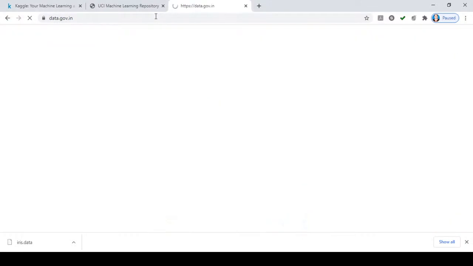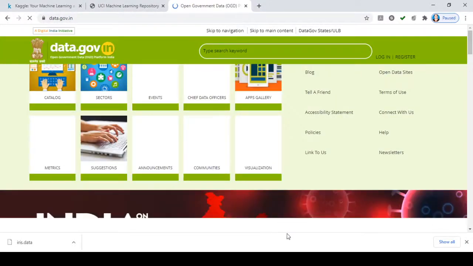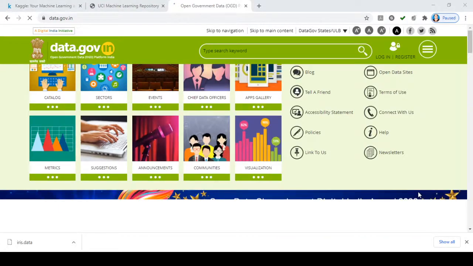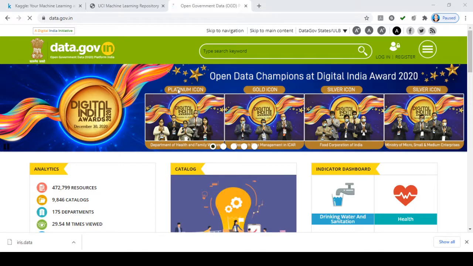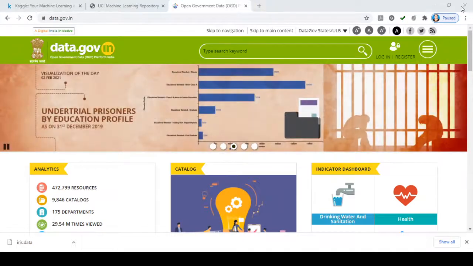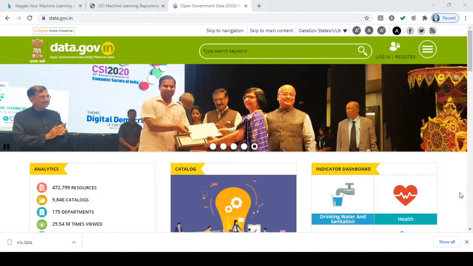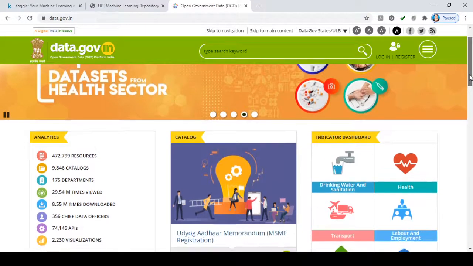That means suppose you want to download a data set of the Indian government, so you can go on this particular site for downloading the data set related to the Indian government.